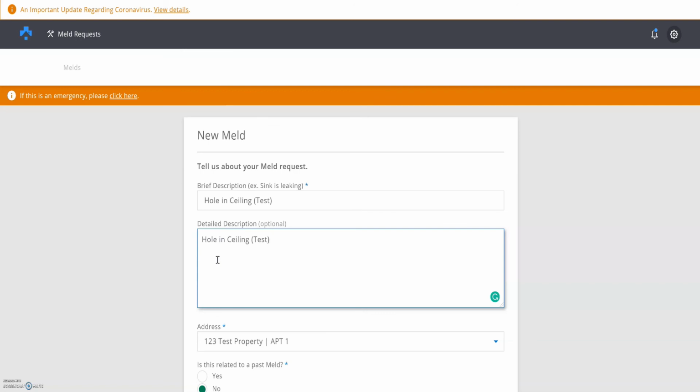If it's a maintenance or appliance repair, put in appliance part numbers and model numbers and serial numbers and fully describe the issue. Kitchen sink is leaking, it's not very helpful. We need to know where it's leaking from. Is it from the bottom of the sink? Is it in the cabinet? As many details as possible,